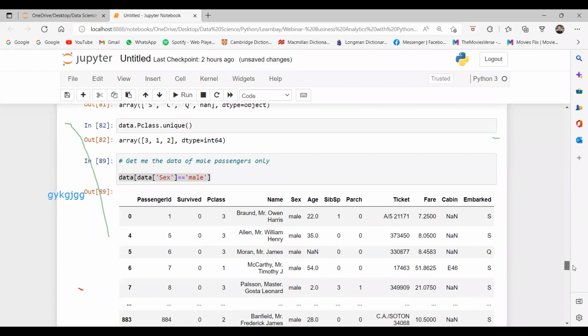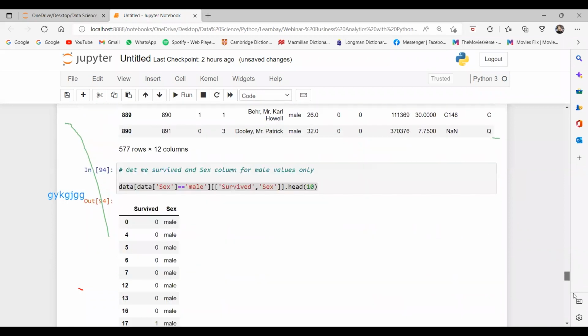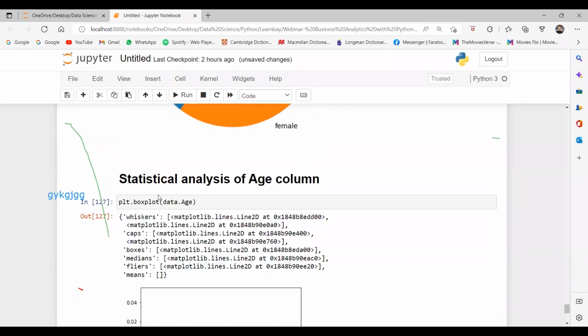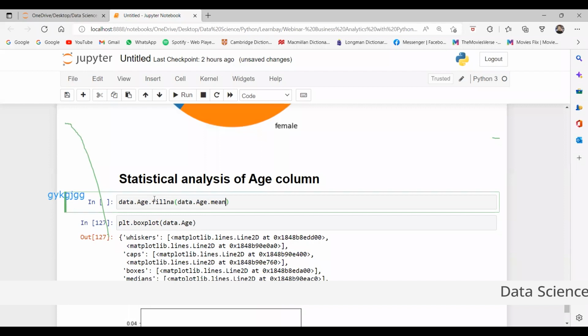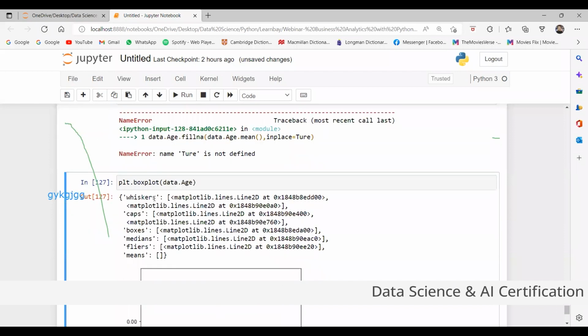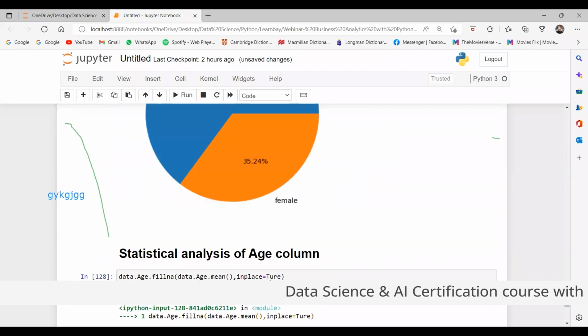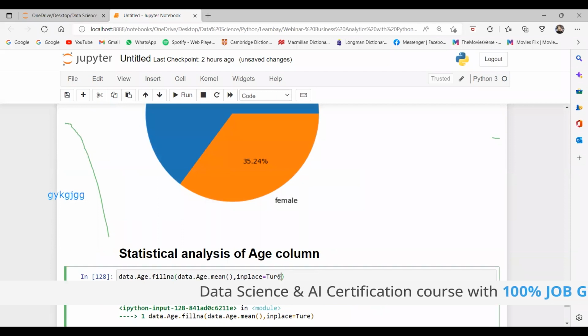Yes, we have age, but it is not showing, I think because of the null values. So first of all, we have to impute the null values. I'm doing something, guys. I say data.age.fillna, and I say data.age.mean, and inplace equal to True. Mind the spelling of True.